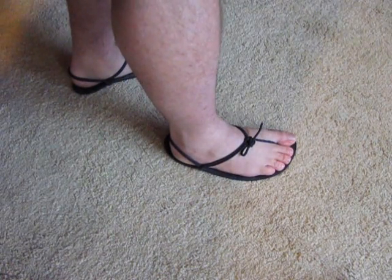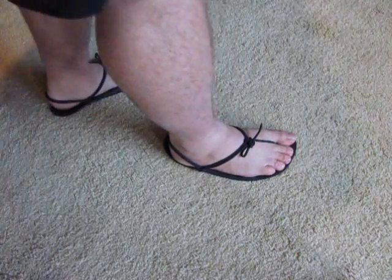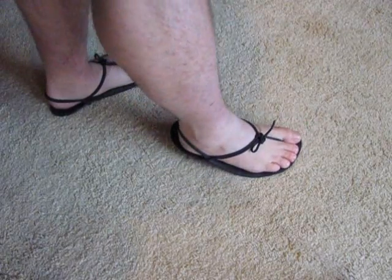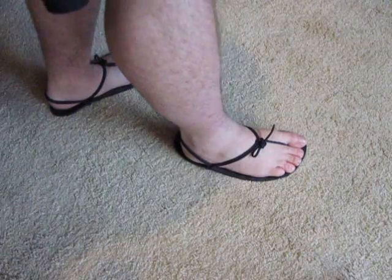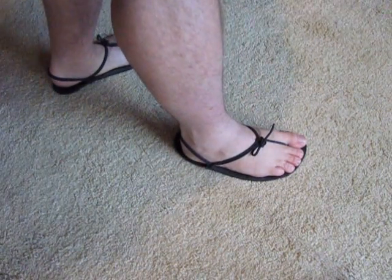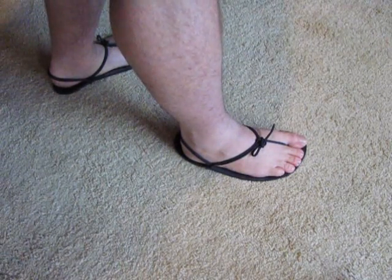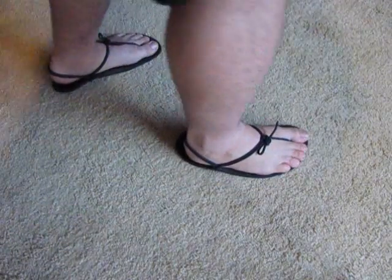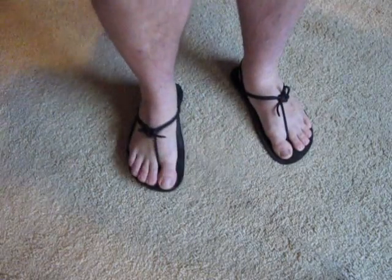If you ever watch a young child or a baby walk barefoot, they walk more naturally, and more naturally being they set their whole foot down, or they set the front of their foot down first, or the outside front of their foot down, and it rolls over. If you ever watch any of those TV shows that cover primitive cultures, and those people never wear shoes and they're barefoot, watch the way they walk. Again, it's more natural. It's not heel-toe, it's setting the whole foot down. And huaraches, or these tire sandals that I'm wearing,